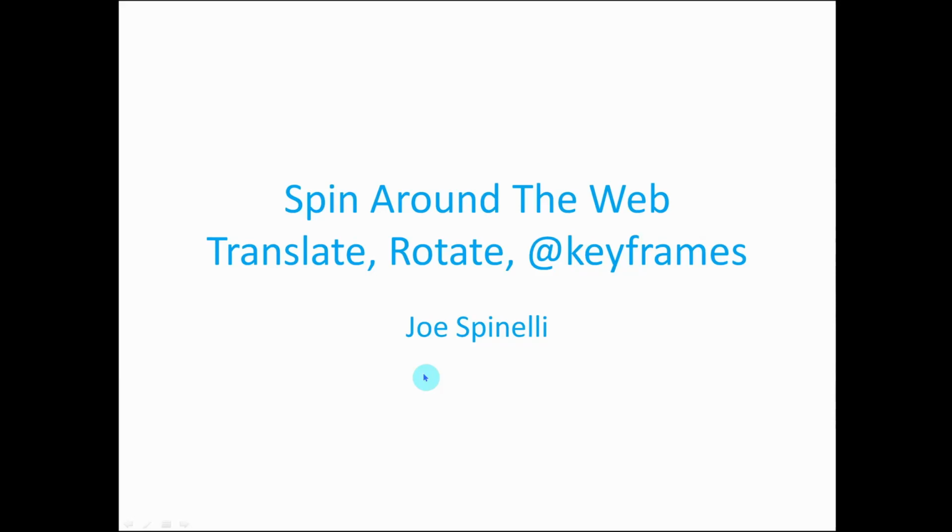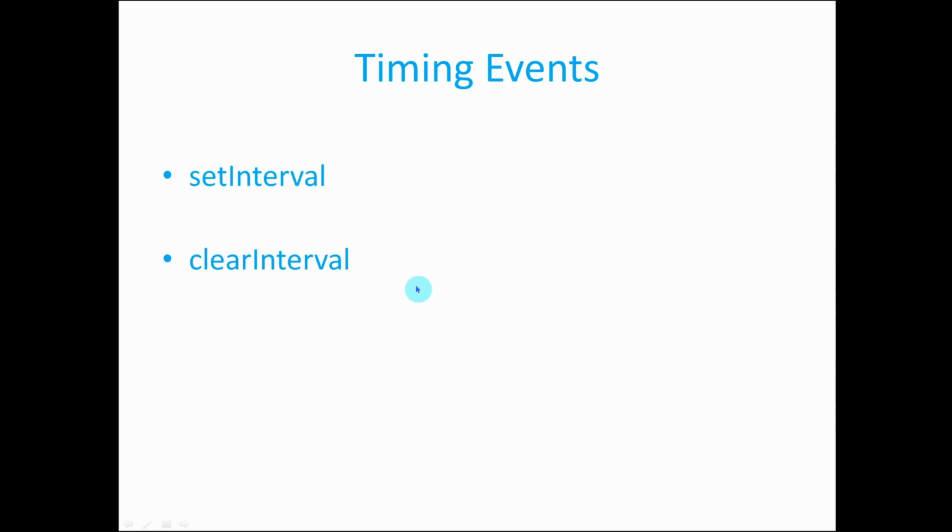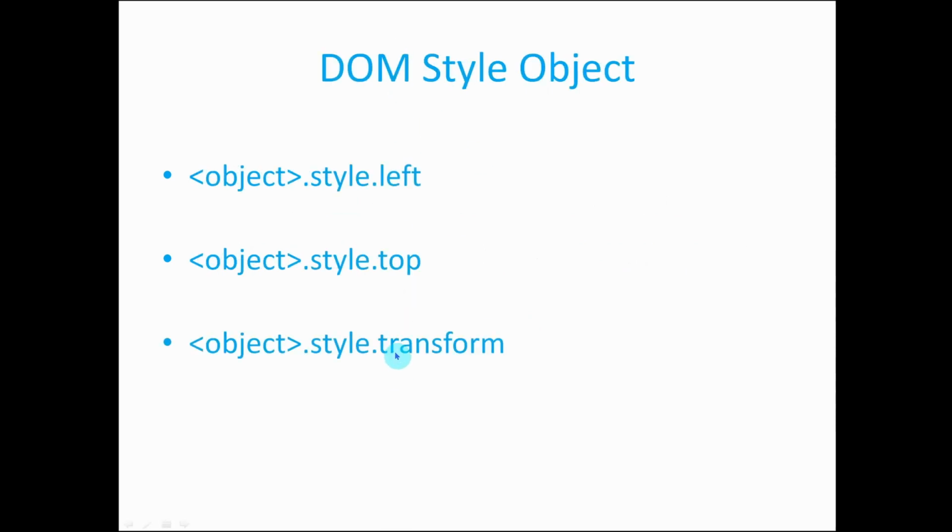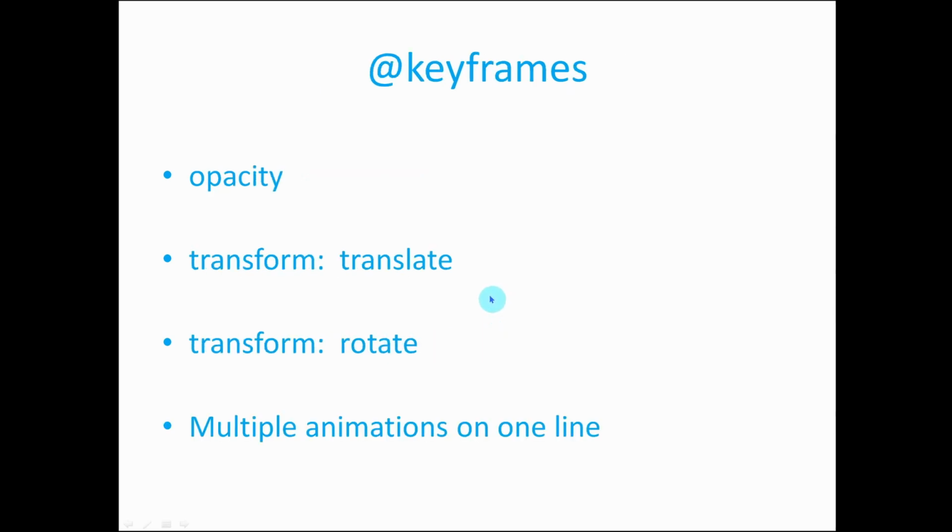Hi, I'm Joe Spinelli, and I'd like to share some things I discovered while researching transform, translate, transform, rotate in CSS and JavaScript. First of all, I'd like to talk about timing events, set and clear interval, how to access the style properties of an object, keyframes, how they work, properties like opacity, transform, translate, how to put multiple animations